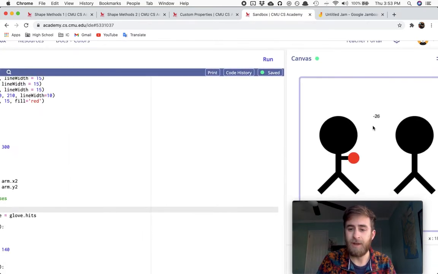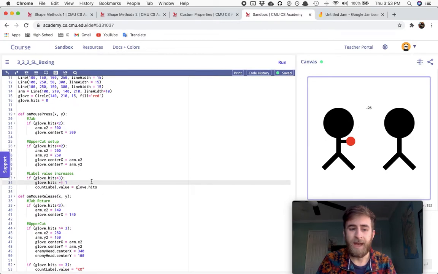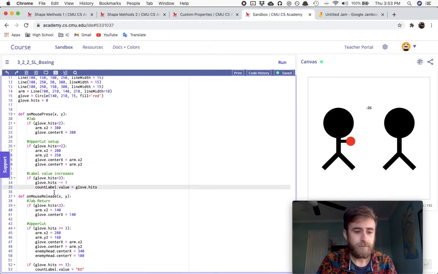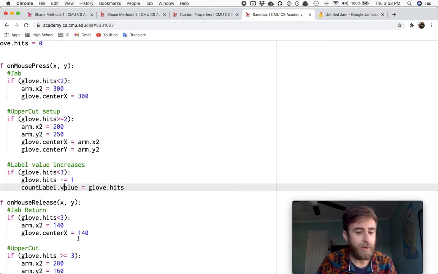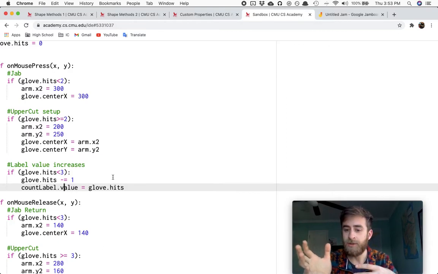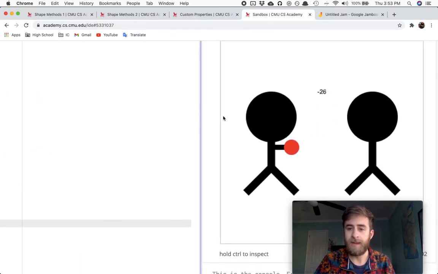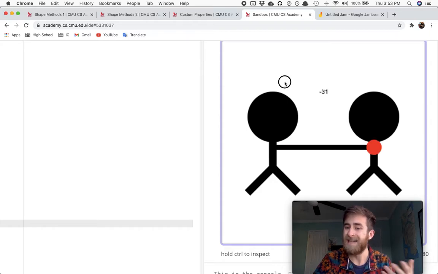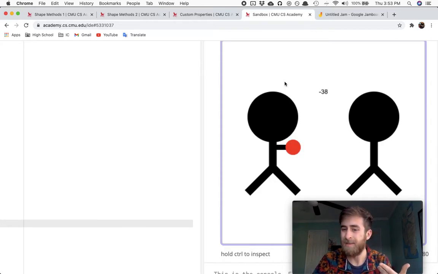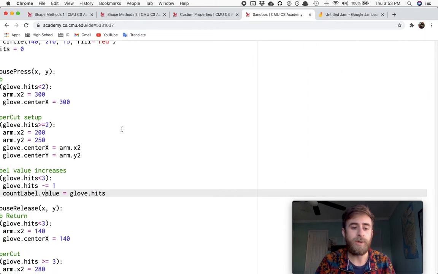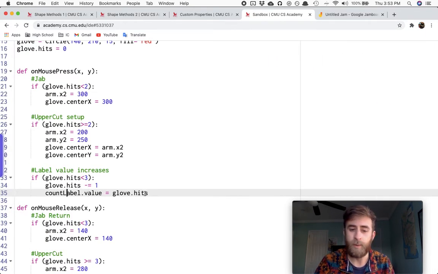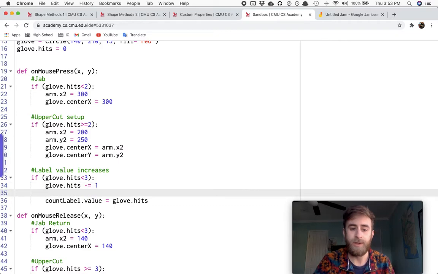But just a thing to note, you can make a label that follows a variable that you're interested in, so it becomes obvious, oh, I accidentally was subtracting one every time I punch instead of adding one. That's why my error happened. What you can do instead of having to do this whole weird label thing, you can also always just,